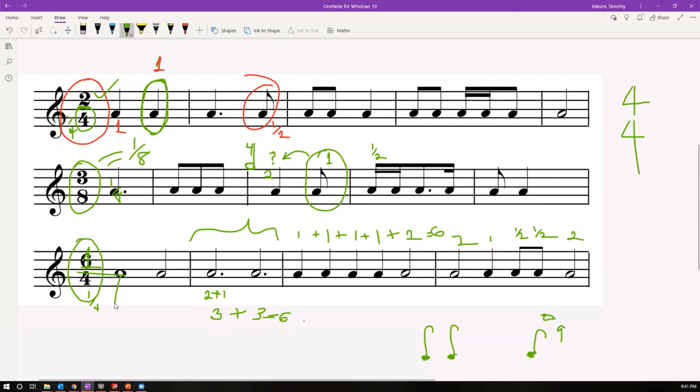Oh, look at this one. This is a whole note. How many quarter notes are in a whole note? That's 4. How many quarter notes are in a minim? That's 2. 4 plus 2 is equal to 6. So we have 6, 6, 6, 6. It's 6 beats, but the rhythm will be different because we have different